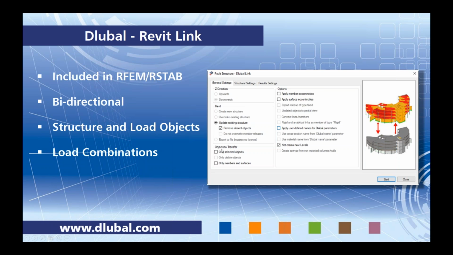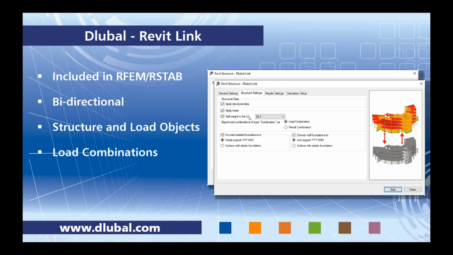I'd like to point out that you can also transfer only selected objects or objects that are in a certain view inside Revit. So even though we're talking about a 3D environment here in our software, you are able to exchange only parts of the structure. Not everything has to be calculated in 3D models, and we have the opportunity to do that. We'll go through these details during the session also,